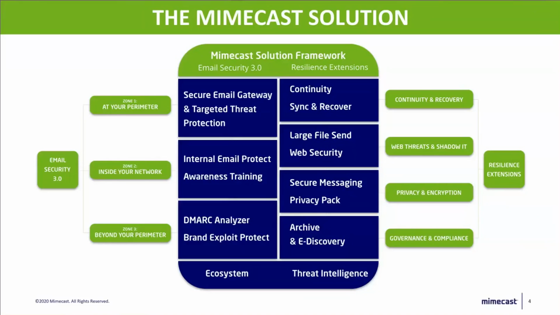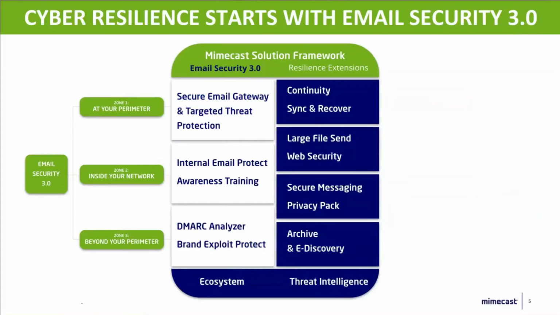The way we look at Mimecast is as something called email 3.0. This is broken down into three separate zones when it comes to your email. The first is your perimeter, which is everything related to inbound, making sure that nothing bad comes in. The second part is within your organization, so anything related to your internal environment. And the last part is beyond your perimeter, so everything outside of your environment, things that you can't control. I'm going to take you through zone 1 and zone 2, and Richard, my colleague, is going to take us through zone 3.